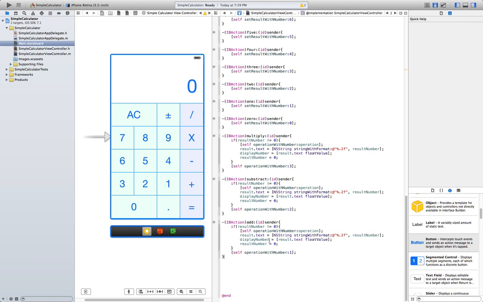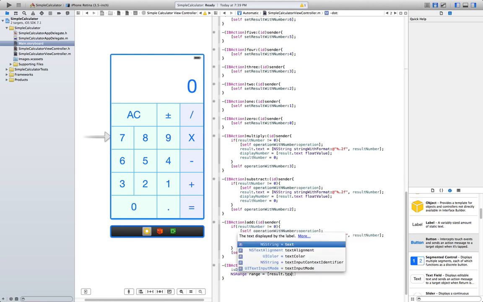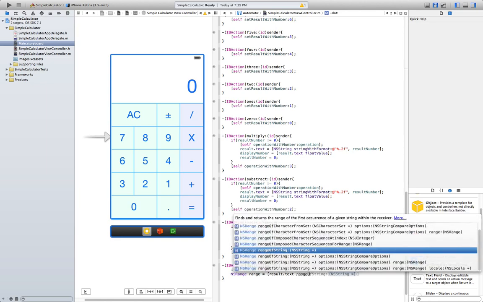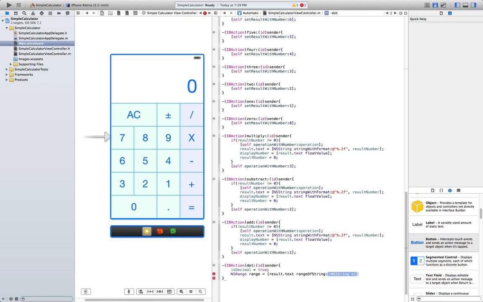Now the dot, that's gonna be another IBAction, dot IBSender. Basically we want to set is decimal to true because the user is inputting a decimal number. Now NSRange equals result.text range of string. This is gonna be just the dot.